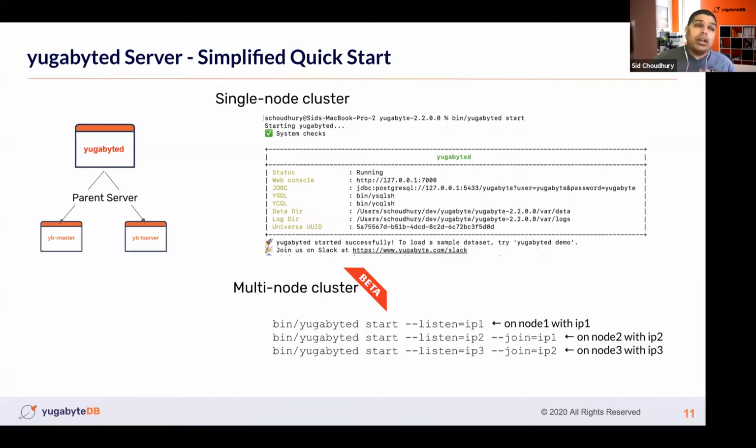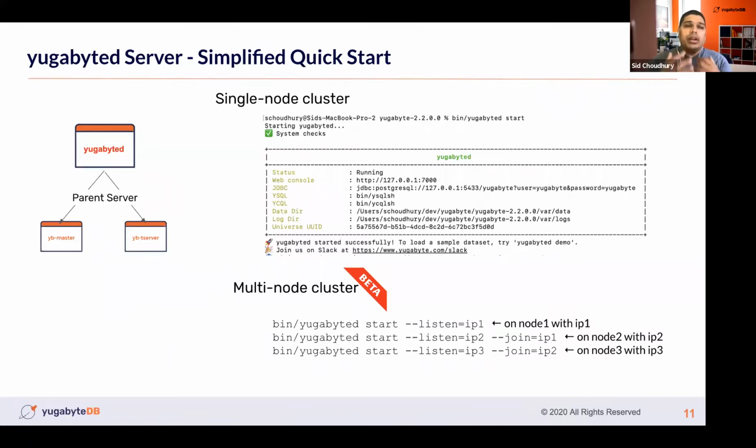And one of the items that we have observed over the years is the two server architecture, where YB-TServer is the primary database server for serving the client workloads, and YB-Master, which is this metadata server, which does things in the background. It's not in the critical path of the application clients, but is necessary still to make sure that the cluster remains resilient, healthy, does auto rebalancing, and so on. Users sometimes get confused on those two aspects.